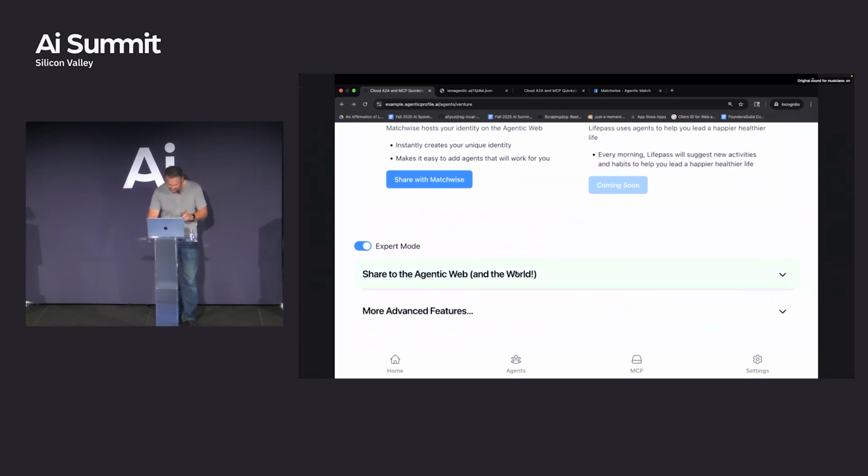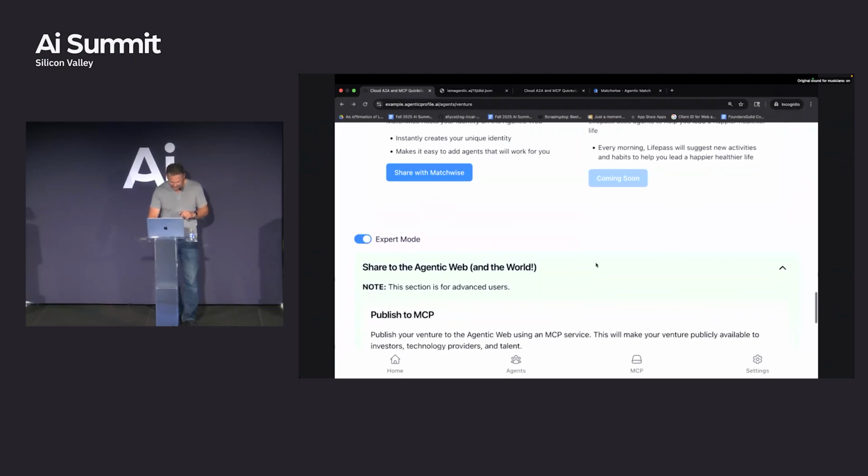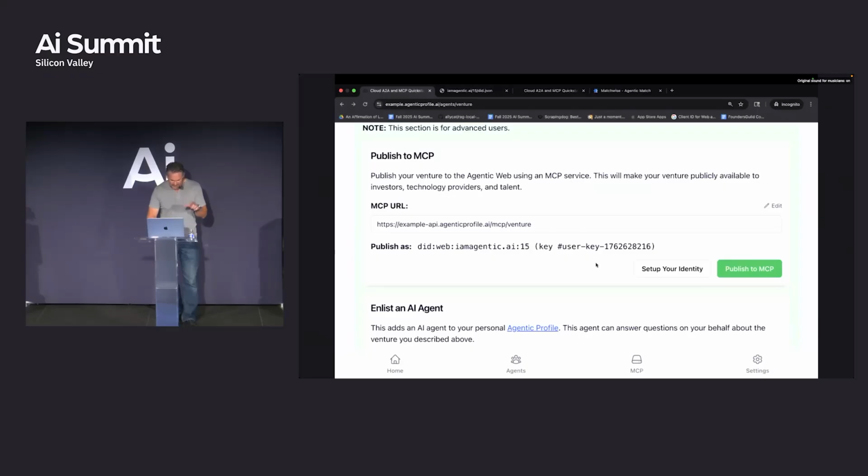And so if you click expert on this screen and you expand this guy, you're going to get some more sections here, and this is where it gets fun. So published MCP says that I'm on my browser right now. I have an identity. This is actually a really cool part, is I am this guy down here. That's my identity. And earlier I sent to Matchwise a public key, and I said, when somebody tries to verify, show that in my DID document so I can verify it's me. And the private key is only on my browser right now. That's the fun part. And this is the key actually. This is the fragment for the key in my DID document.